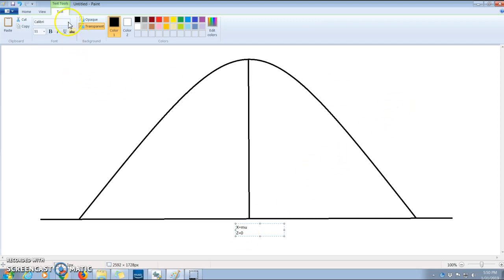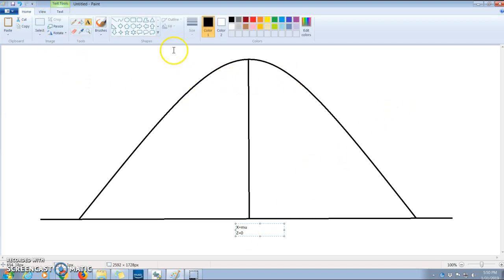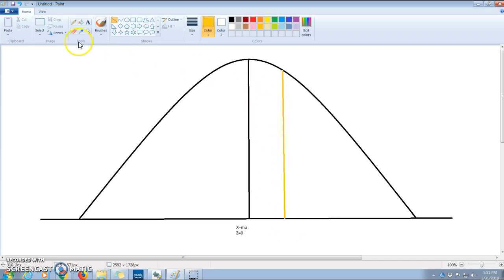What you also know is that the curve itself is divided up, or is identifiable by places on the x-axis that can represent x or z. So, for instance, if you come out here to the right and have a line right here, then if you have information about that line, you can go between x or z or the probability. So if you're told, for instance, that the space